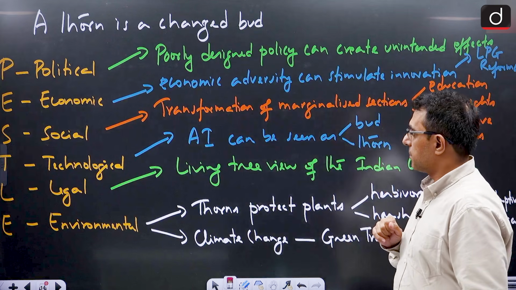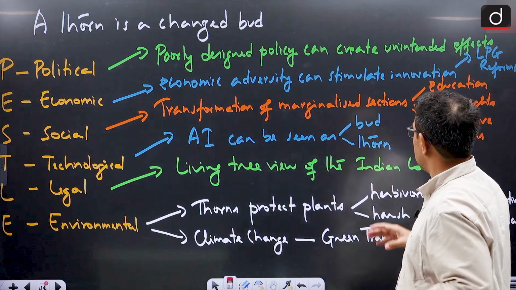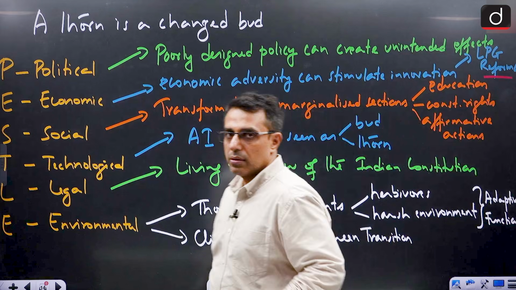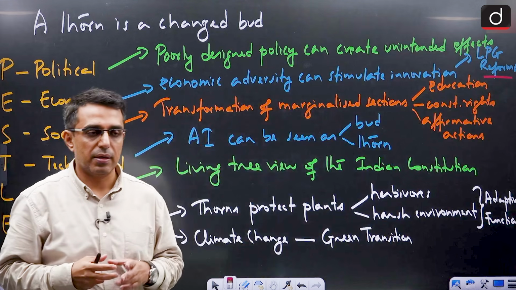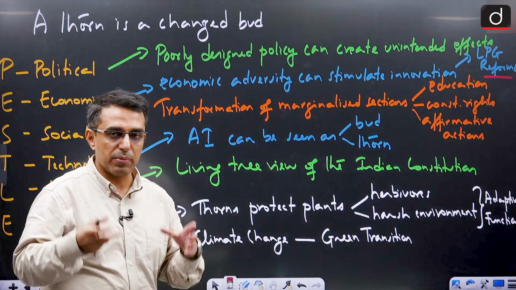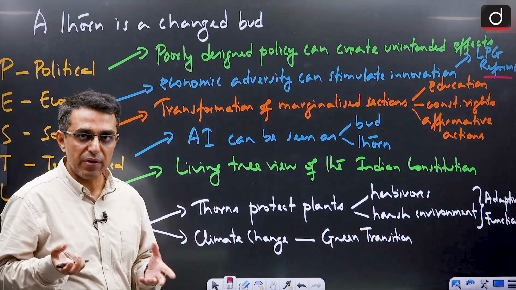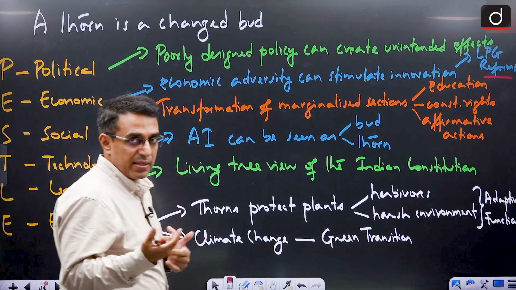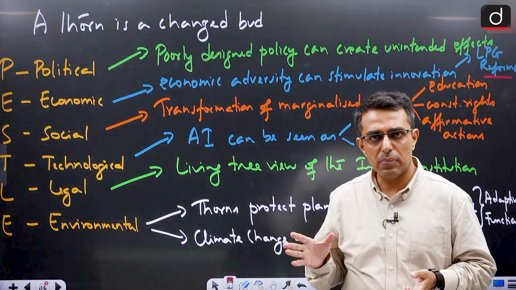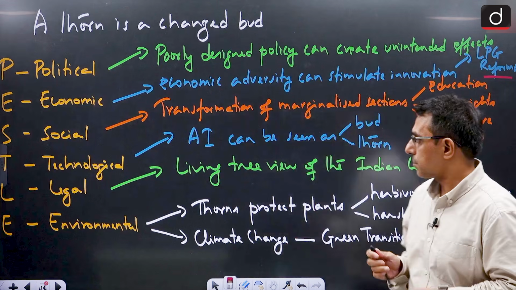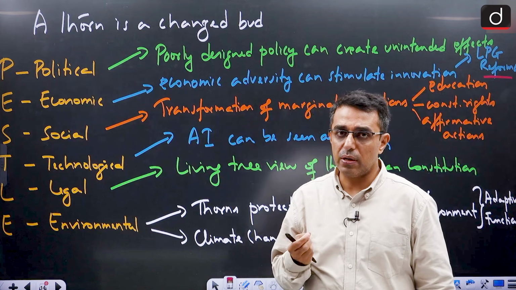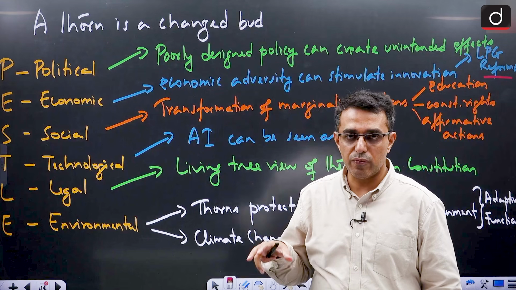Then in economics, we can say that economic adversity can stimulate innovation. So we can talk about the LPG reforms of 1991, right? The severe BOP crisis that India faced led to the LPG reforms of 1991, and from there onwards, the Indian economy has been doing very well, right? So that's a good example. And once we give a relevant example, it helps us to bring depth into our essay, because we have to ultimately write around 1000-1200 words. That will come only with relevant examples and when we give depth to the various dimensions.